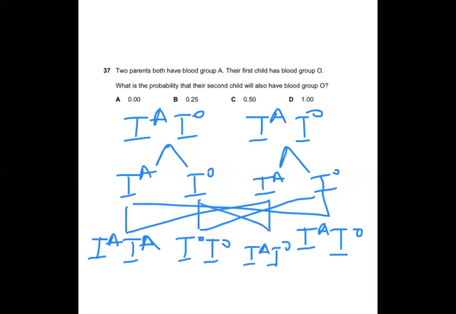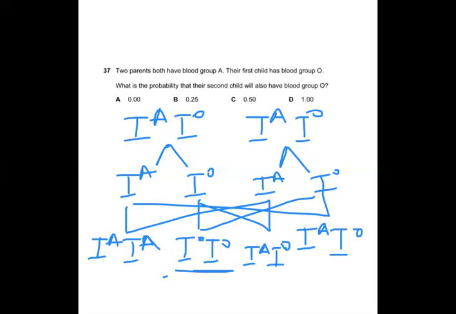This one is possible because over here, the second possibility gives us an O blood group, whereas the other three give us an A blood group. So both parents have to be heterozygous for blood group A, and the probability of their second child having blood group O is